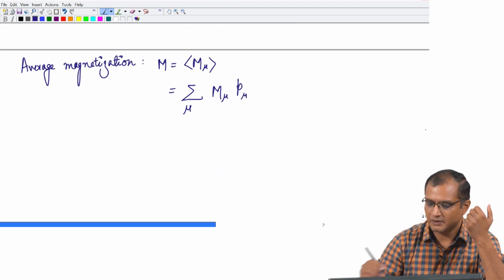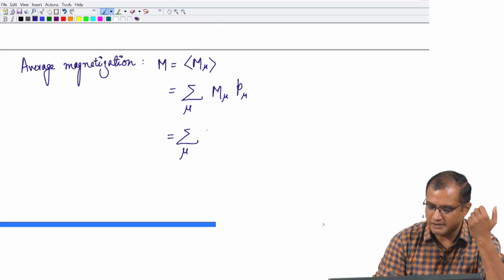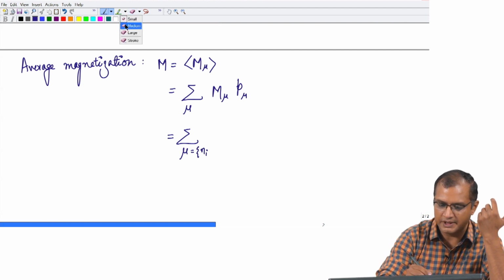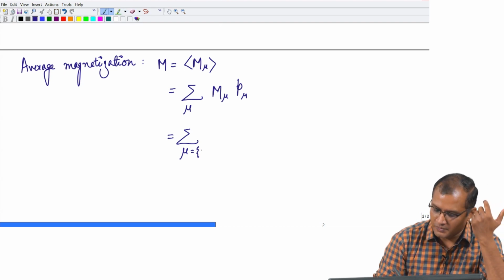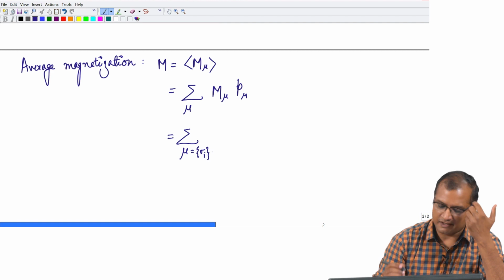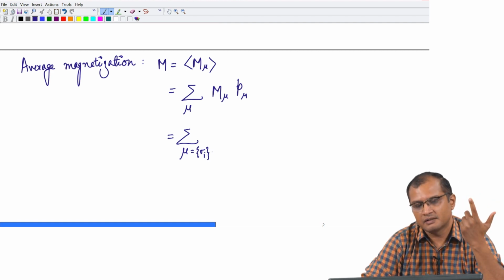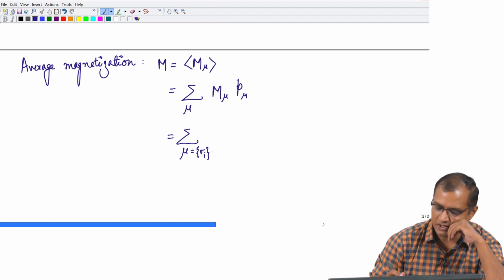Here, mu is the collection of all the excitations. If you specify the values of these excitations, it constitutes a single microstate. If you change the sigma i's, it becomes a new microstate. So, you sum over all such combinations and sample this